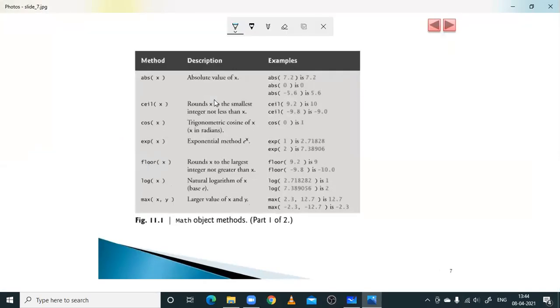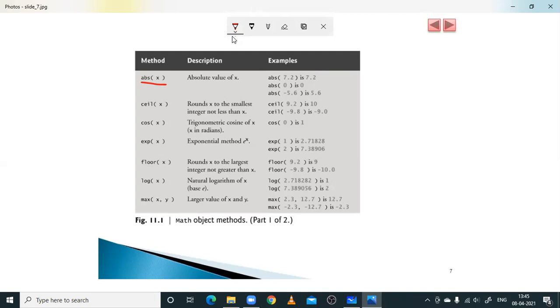You observe here, there is one method which is called ABS. ABS is a function which accepts one value called X. And what is the description of it?